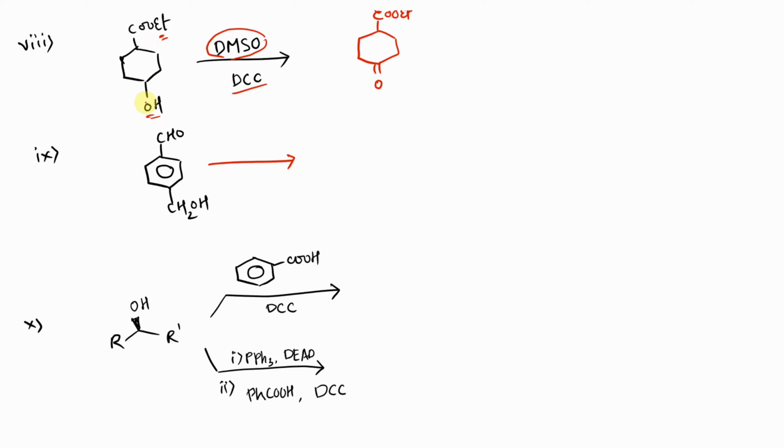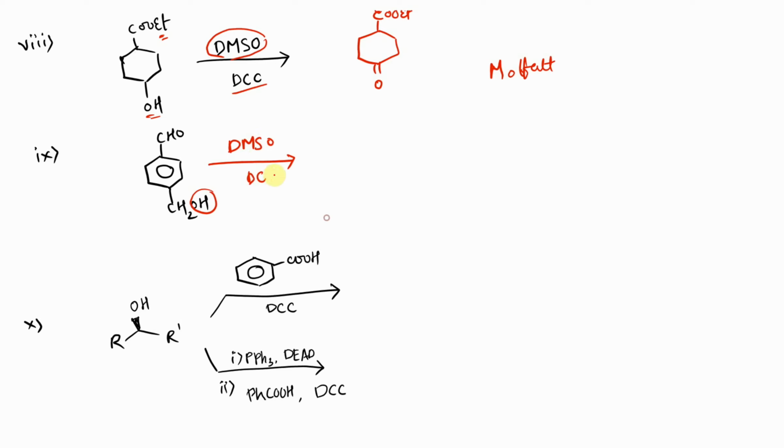Now because there is no benzene ring over here, we can clearly obtain a keto group on the ring. So we obtain this ketone ring, which is called the Moffatt oxidation. Here the alcohol is being oxidized to a carbonyl group. One more example: if you observe the second example, here we have an OH group, but this OH group is not directly attached to the benzene ring. So we can oxidize this if you treat it with DMSO